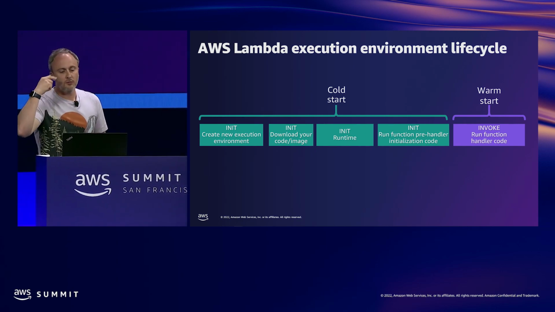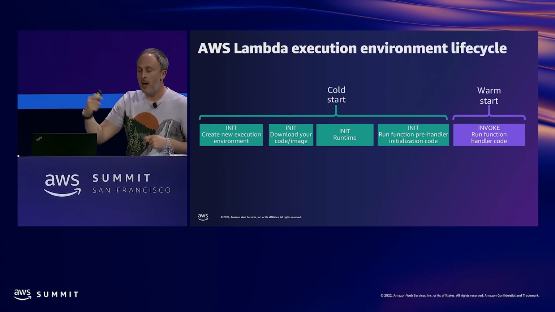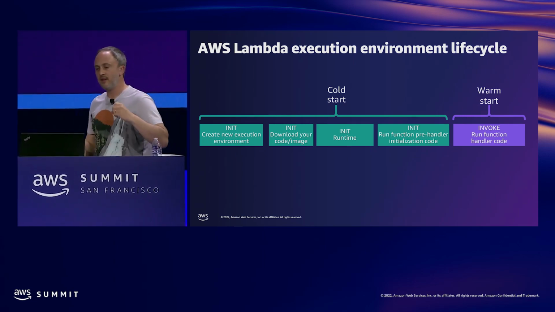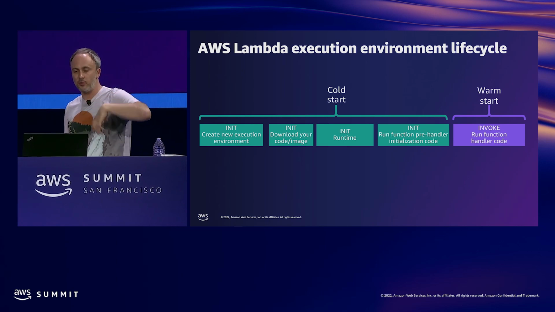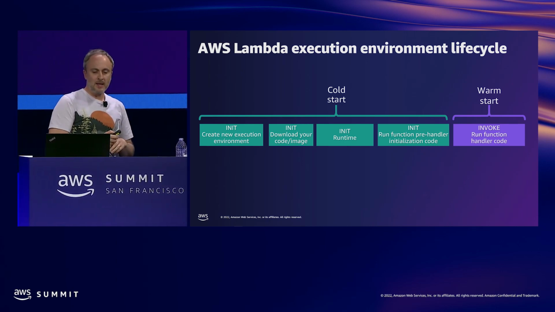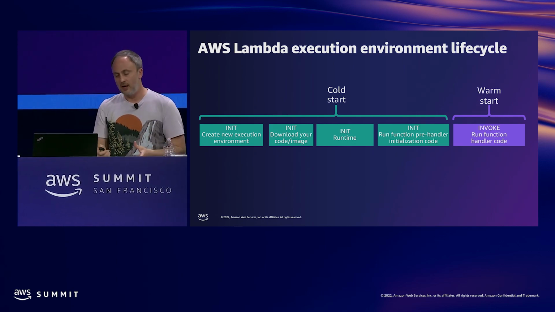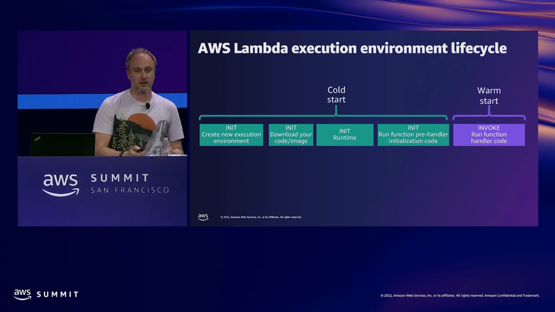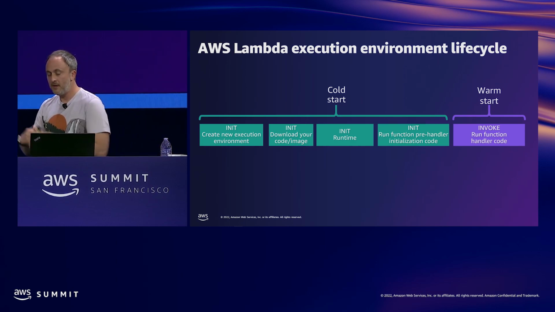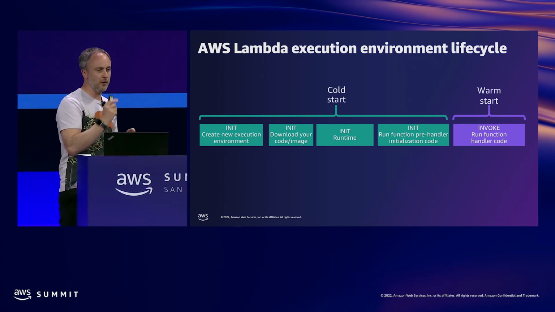Finally, it will start running the pre-handler initialization code. So this is everything that you've set above the function handler, things like packages and dependencies that you've brought in, global variables, database connections that you've set. That's everything that happens before it even invokes your function handler. And that's what you might have heard referred to as a cold start, right? Then a warm start is when all of that's already done and already set up, and it just invokes your